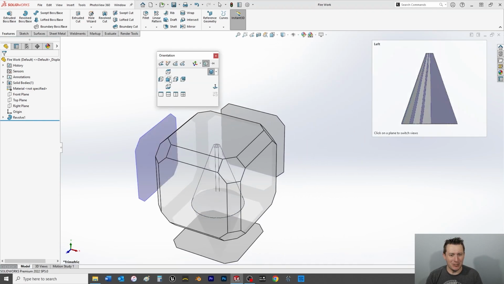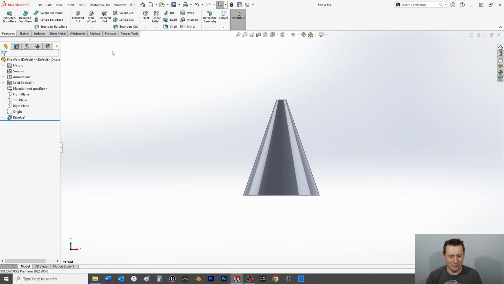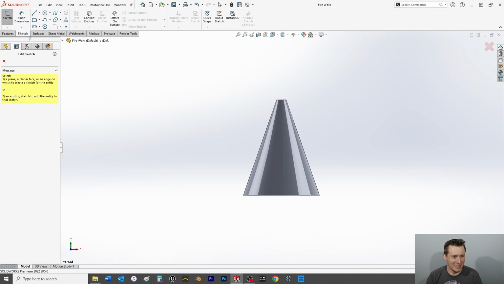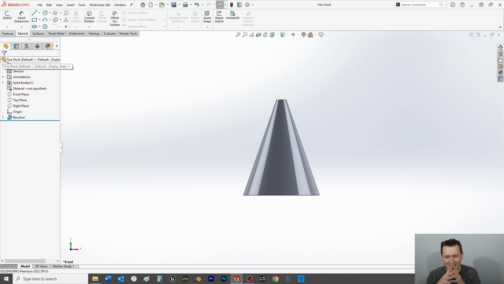And then we'll go to the front plane. Choose a sketch for this. How do I want to do this? This arguably wouldn't be done in one part normally. If we were going to make any attempt on fireworks, we'd make this an assembly and probably add some animation. But then this would be like a 10-hour long video, wouldn't it? And I don't want these to be too long. So,